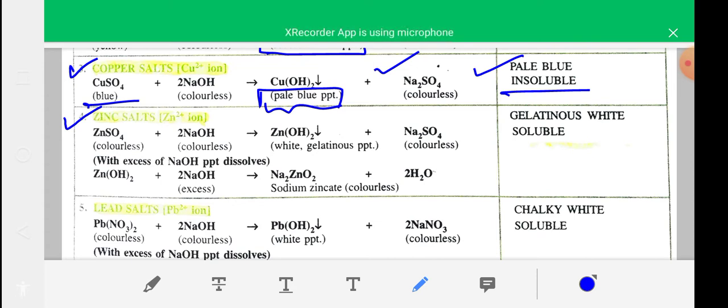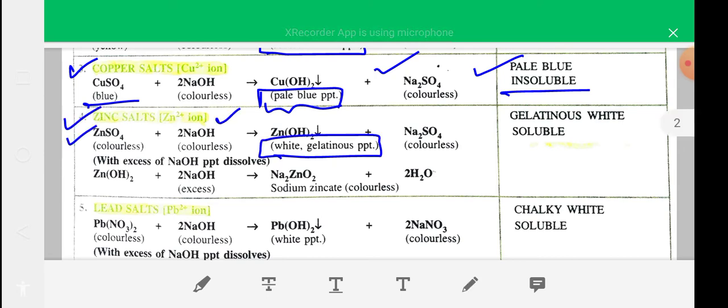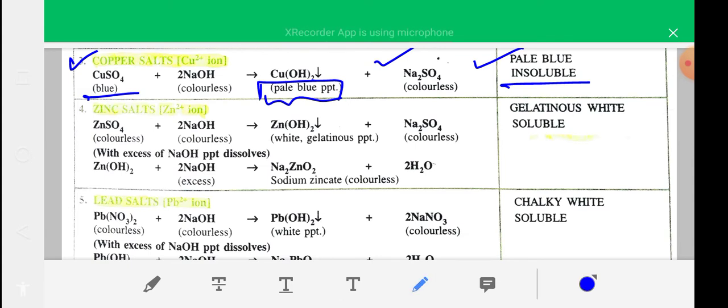For example, when ZnSO4, colorless zinc sulfate, is treated with sodium hydroxide, caustic soda, you will get a white gelatinous precipitate of zinc hydroxide. So when zinc sulfate is treated with sodium hydroxide solution, you will get a white gelatinous precipitate of zinc hydroxide and sodium sulfate, and this white gelatinous precipitate of zinc hydroxide is soluble in excess